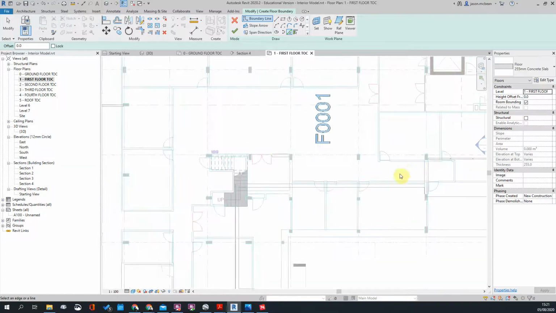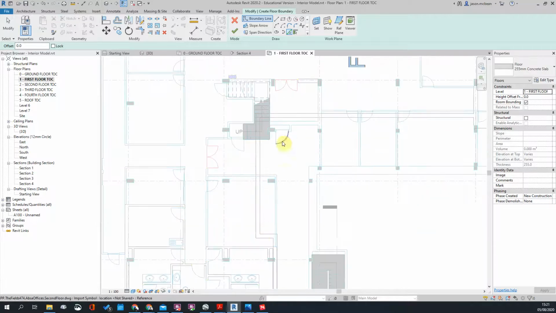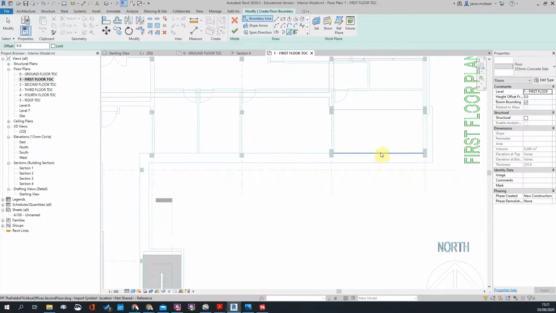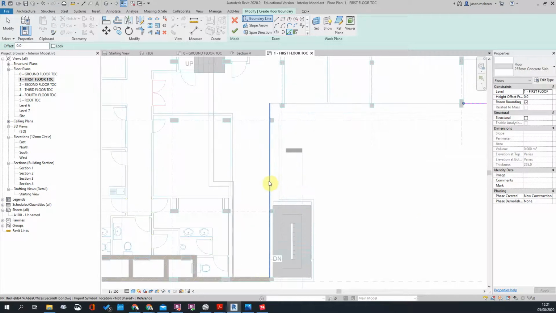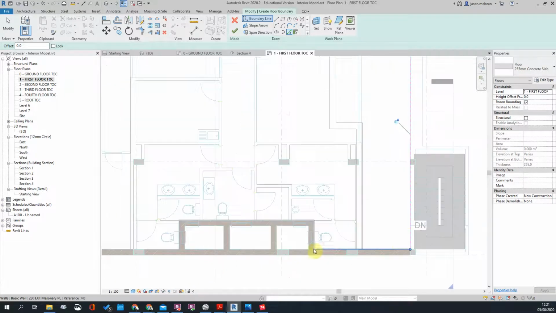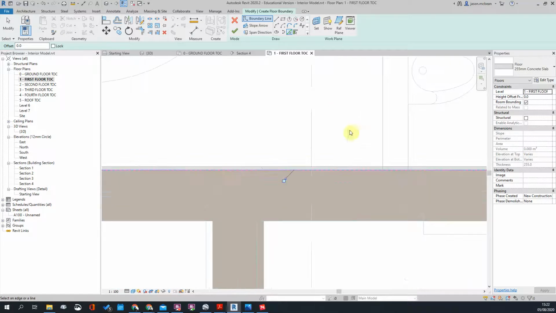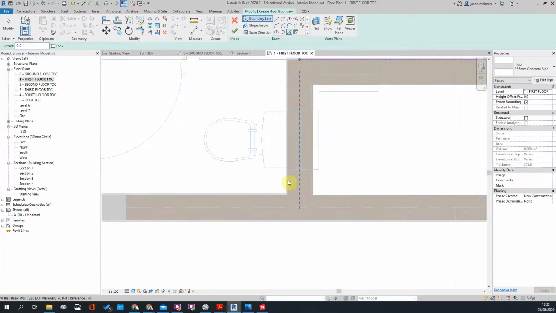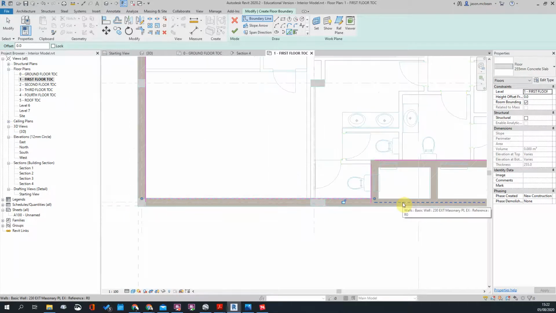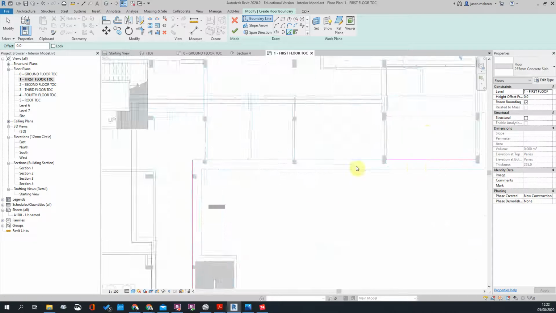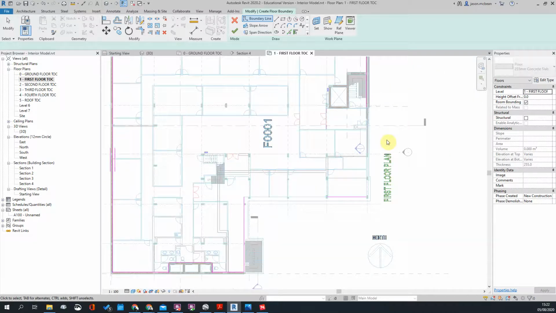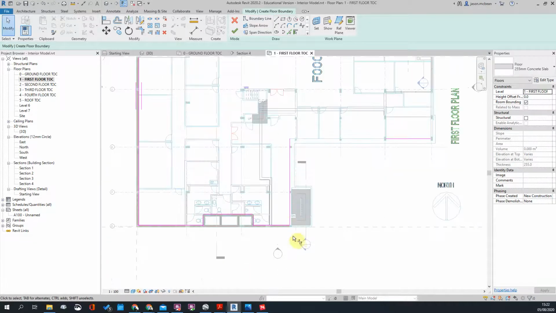Okay, so it goes up until that point. I think it goes up into there. Tab. Tab. I remember I'm selecting the core boundary, not the finished. I want the core. Okay, I've got a basic idea now of where my slab's going to sit. I will fine tune it in a minute,